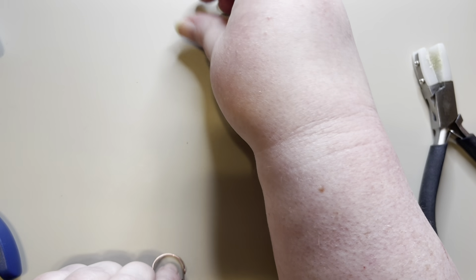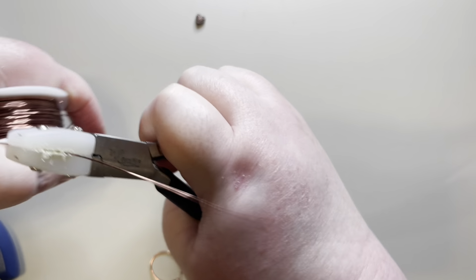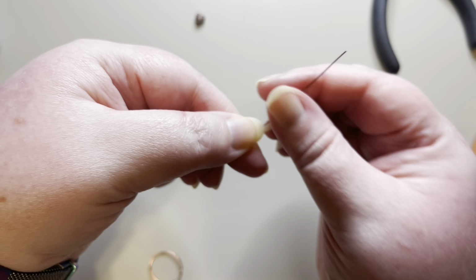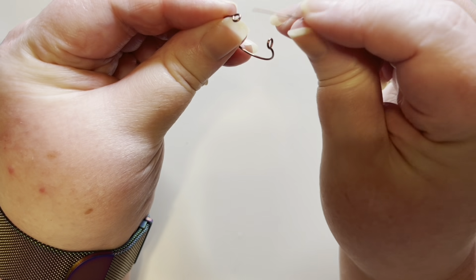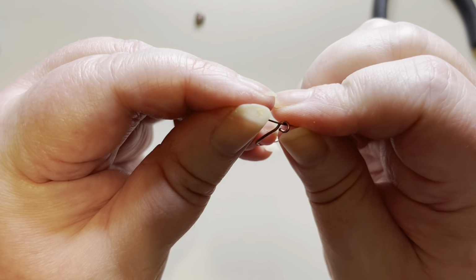So now what I'm going to do is take some of my 24 gauge wire, and I'm just going to straighten out some of it. And I'm going to cut a piece of it. And you don't need a whole lot for this. I'm going to open my ring band up a little bit. And I'm just going to put the wire in like that. And then